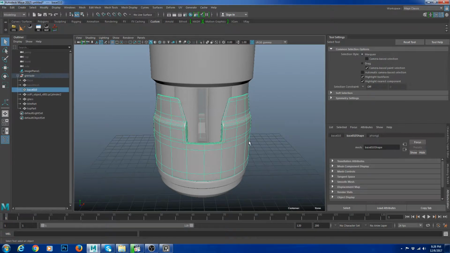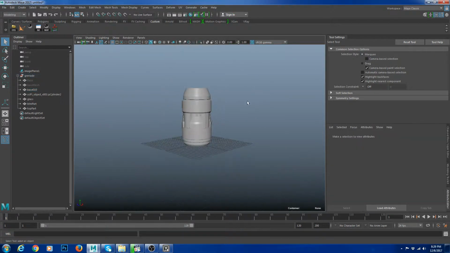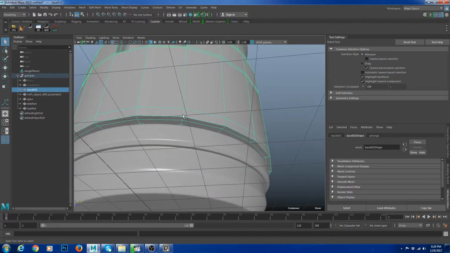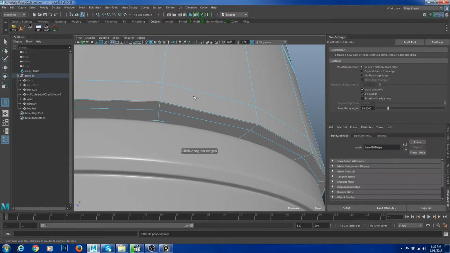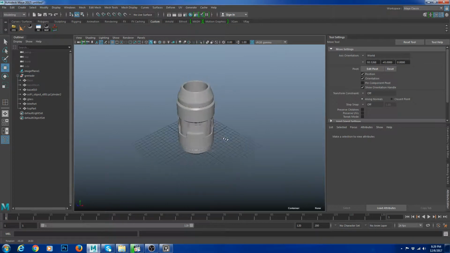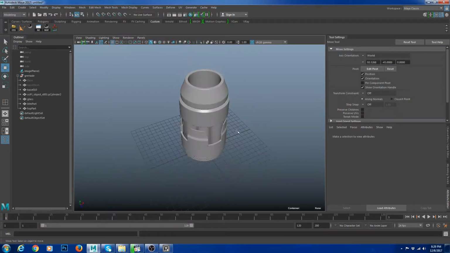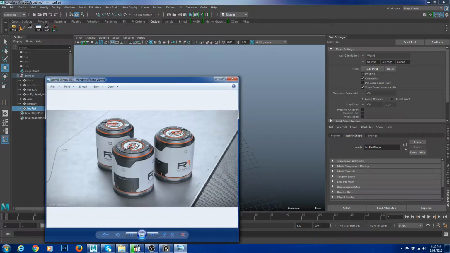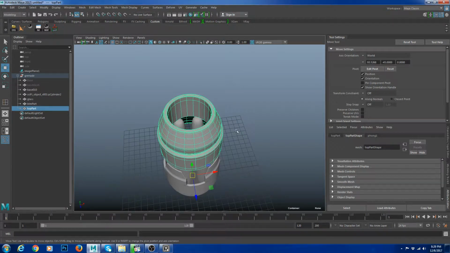So I'm gonna do this. We'll be working on this piece, so don't worry about the stretching, because we will add designs, make some designs at the higher subdivisions. So this is already looking pretty good. So now we can design something on the top. What my thinking is, there is something on the top where you pull it to take it out and you just throw it. So what I'm gonna do,